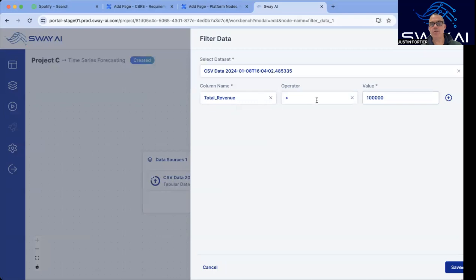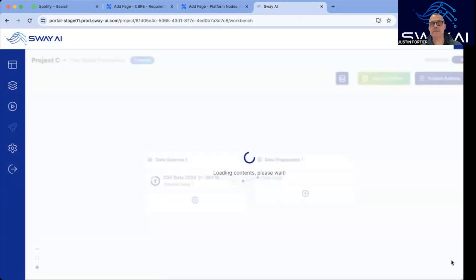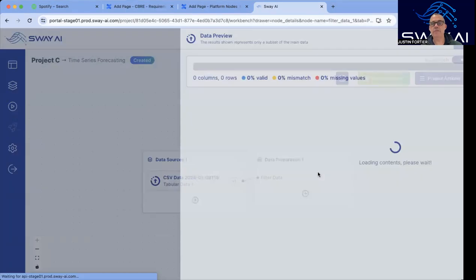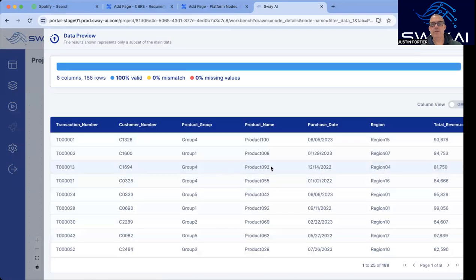And now we say total revenue greater than, let's make it 80,000 and see if that gives us any records. Now, if we click on preview, you'll see we have filtered our data where the total revenue column, they're all greater than $80,000. Now, what if in addition to that, we wanted to filter on a text or categorical variable